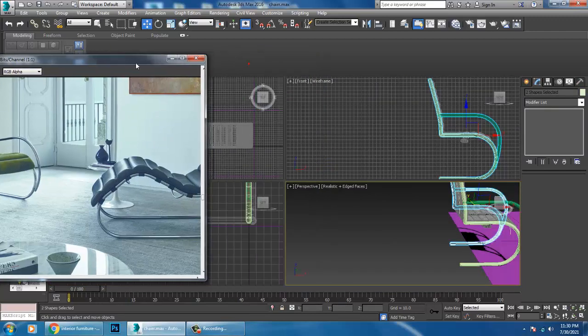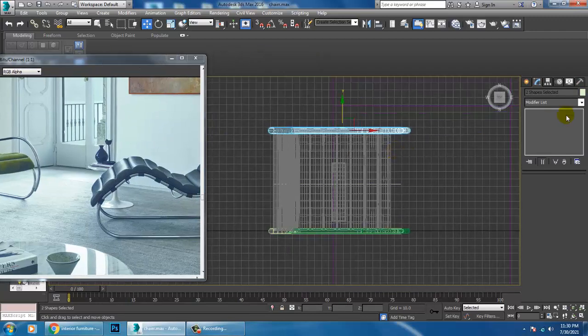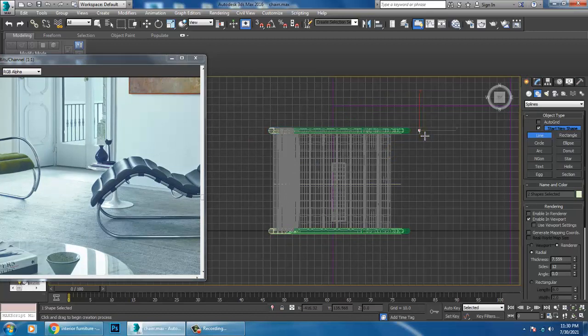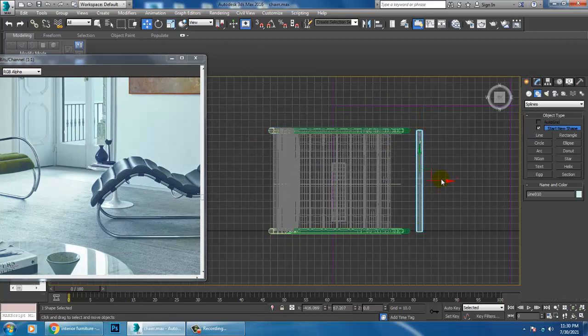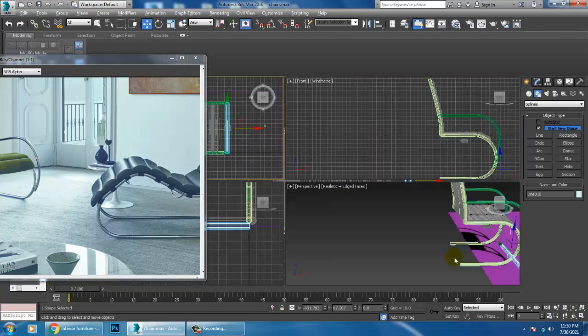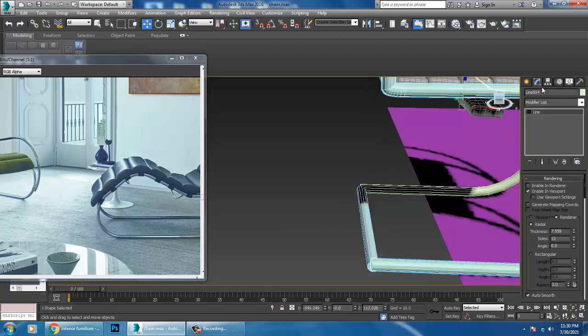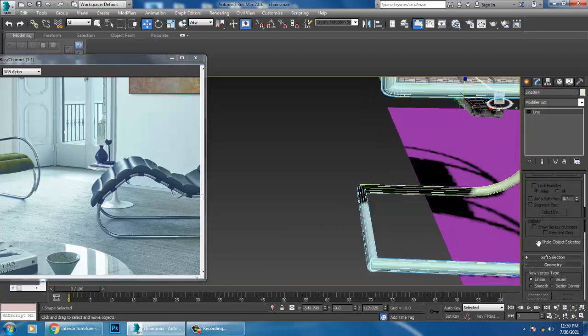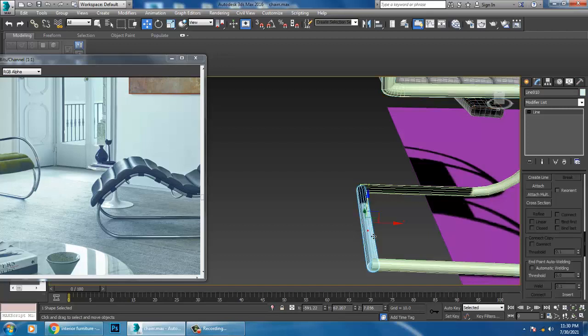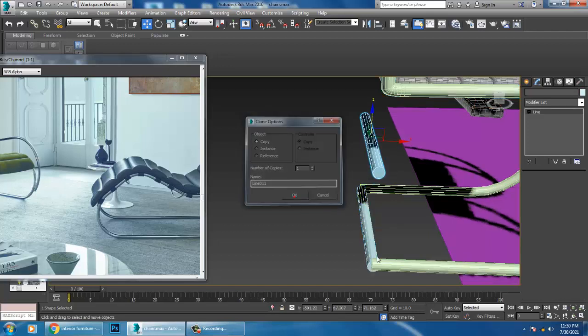Again go to the top view and take a line tool in this way, and attach it. Before we attach it, we'll make one more copy.